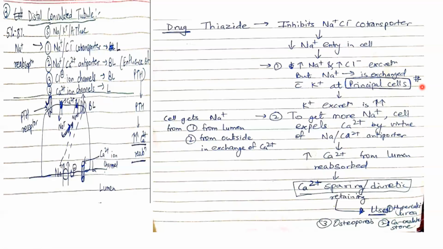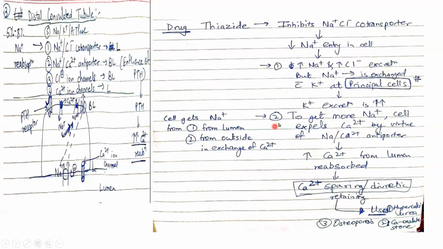Again, I repeat, increased sodium and chloride excretion goes ahead in the lumen. There are principal cells lining the collecting tubule, and because of that, what happens? The principal cell senses that there is a lot of extra sodium coming in contact in the lumen. So it takes that sodium in and gives potassium back into the lumen, and whatever goes in the lumen is excreted out. You need to remember that.